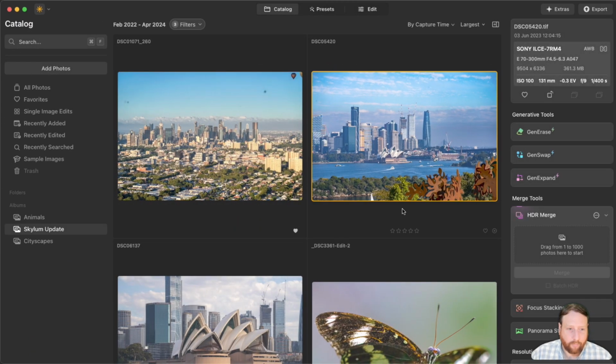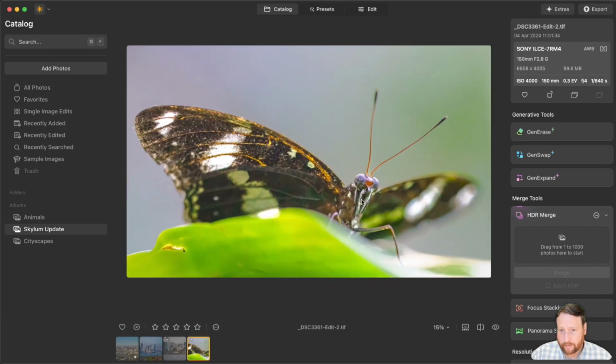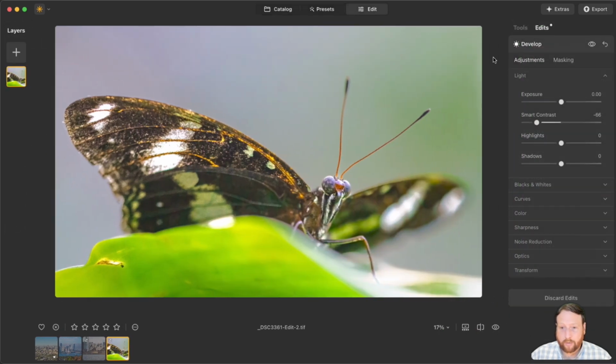So one of the other features that we have as well is called color masking. And I'm going to go into this photo here just to show what color masking is all about. So I think a lot of you would know pretty well about masking and what it is, and really just